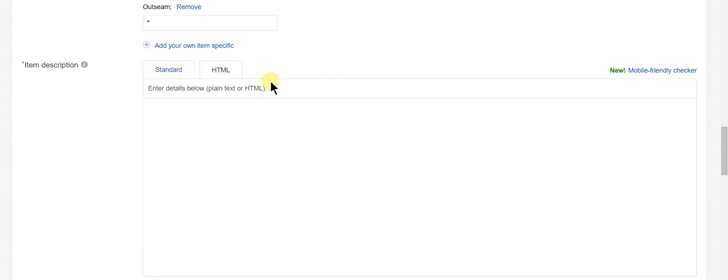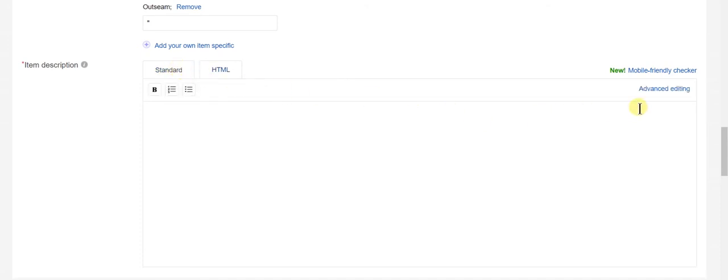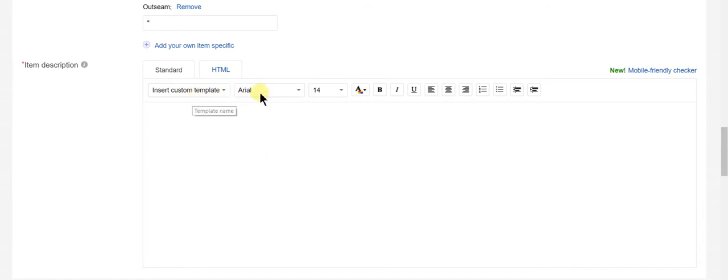But what you do want to use over here is the advanced editing, because this gives you the ability to change the things that you want to put in there. I recommend that you use Arial font and 14. eBay recommends that you use 14 font for everything you do inside of here. Nothing smaller, let me put it that way. We're going to click right here and I'm going to put in for my template